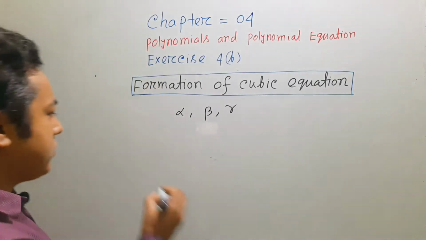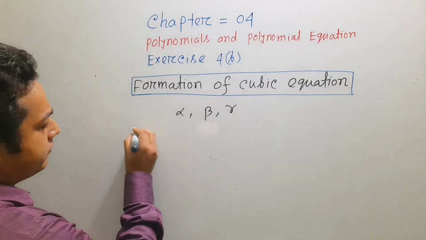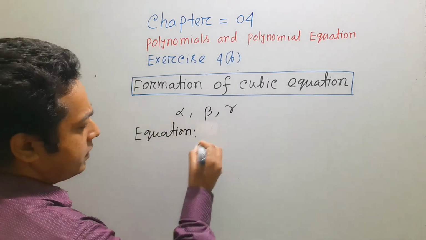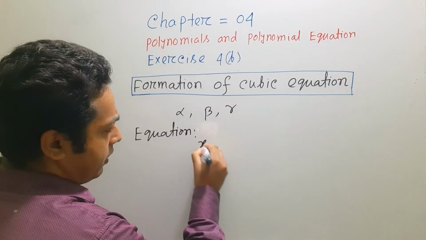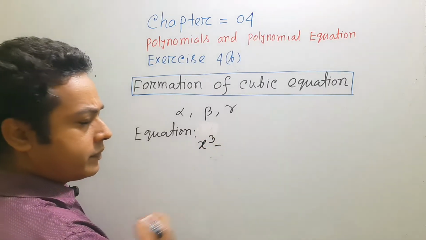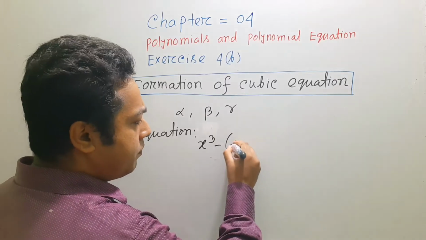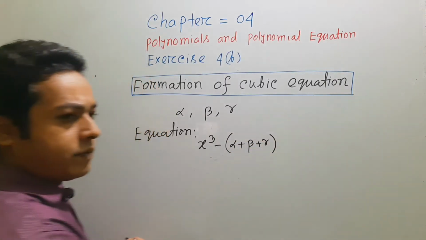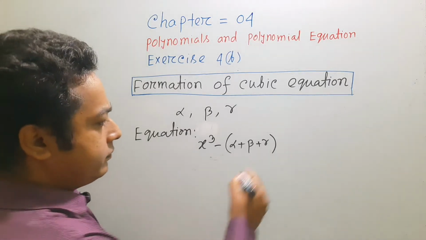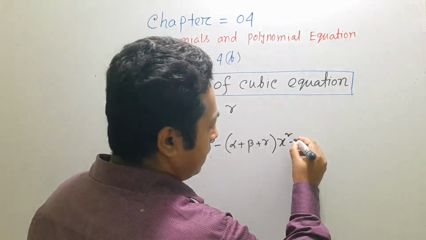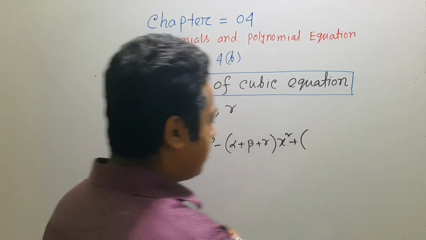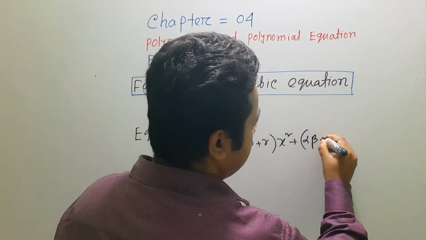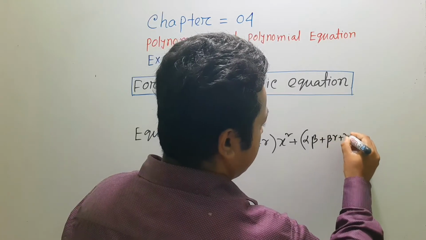So the cubic equation will be x cube minus the summation of the roots taking 1, and then the summation of roots taking 2, alpha beta, beta gamma and gamma alpha,